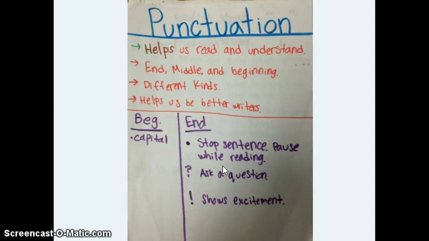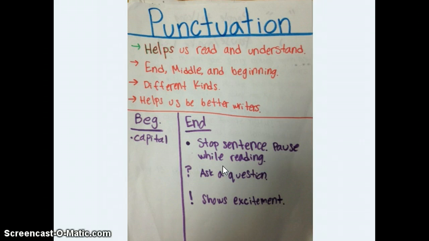And we used that prior knowledge as a springboard for talking about ending punctuation and the different reasons why authors use it and different reasons why readers need it and how it helps us. And then some of the different types of ending punctuation they knew and what that ending punctuation meant. And I wanted to do this because I knew we would be beginning two mini units in reading and writing. And I really like to do my reading and writing units simultaneously so that they can integrate well and be supportive of one another as far as the skills go that the students are expected to know and to be